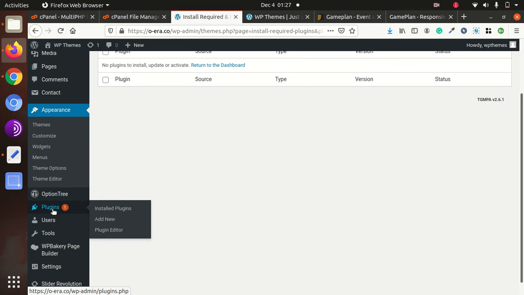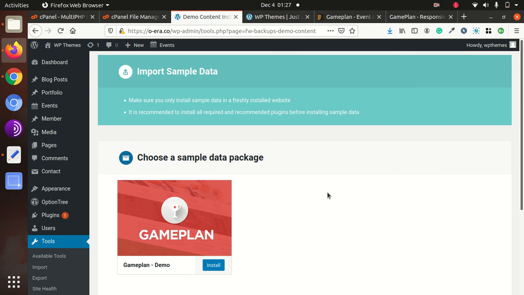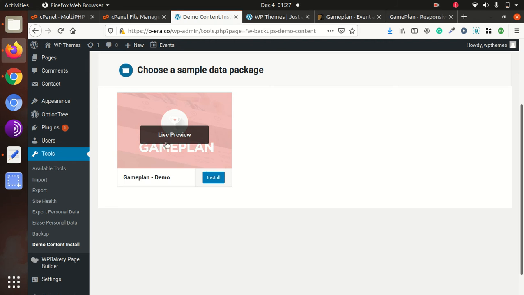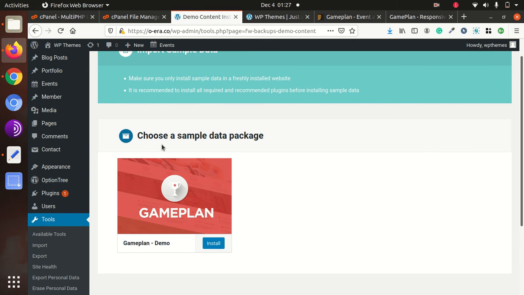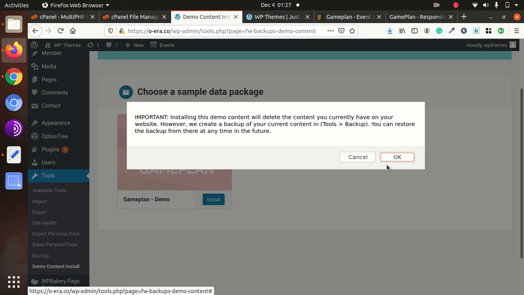For importing the demo, you need to go to Tools, Demo Content Install, and this is the sample data package which we need to install. Click on Install.